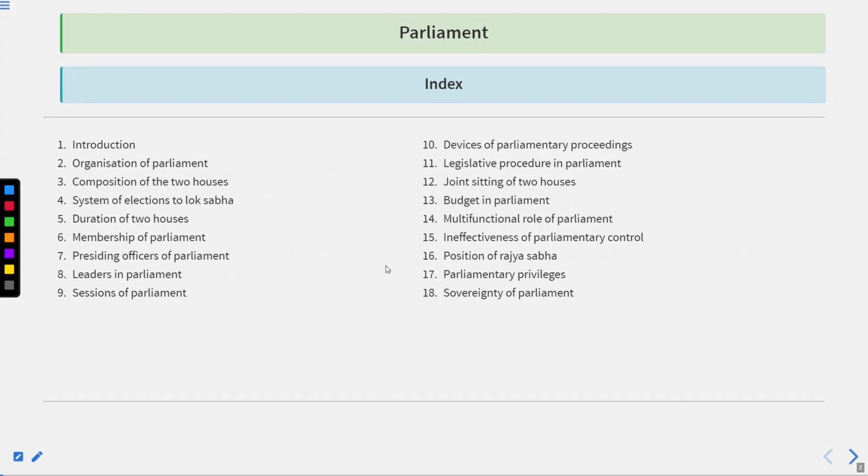So students, as we know, we are covering the parliament. This is the topic on which we are discussing right now, and within this particular series, all these are the topics that we had scheduled for discussion, starting with the introduction part, thereafter organization of parliament,